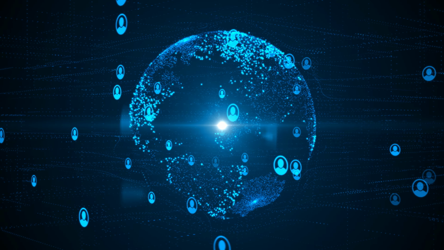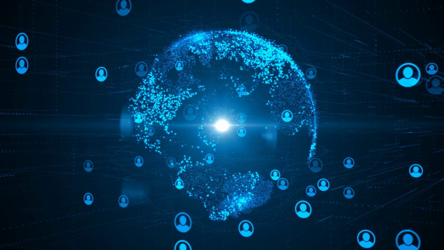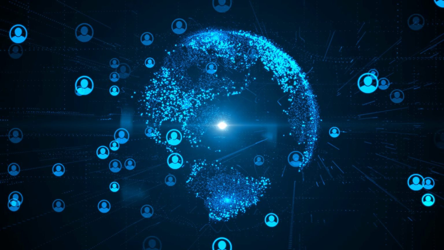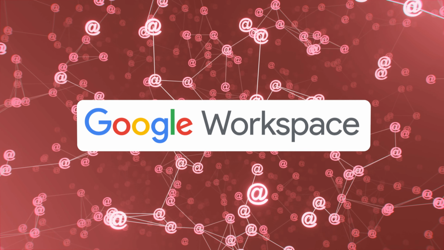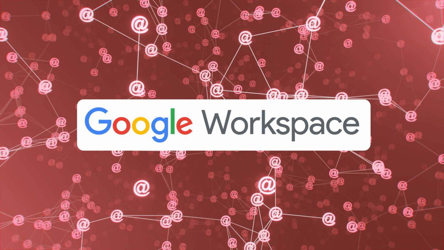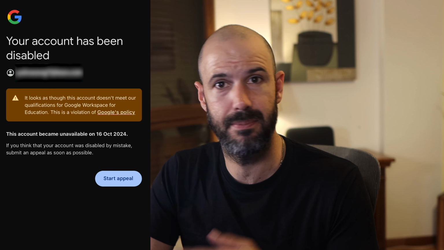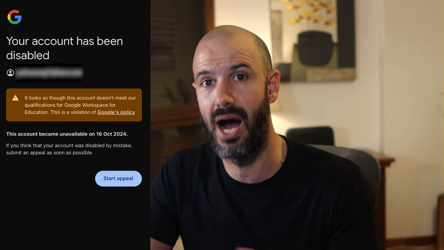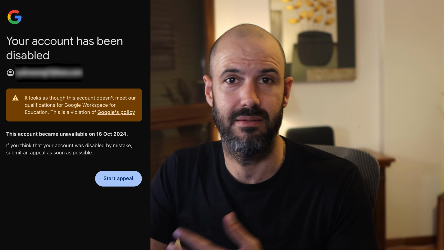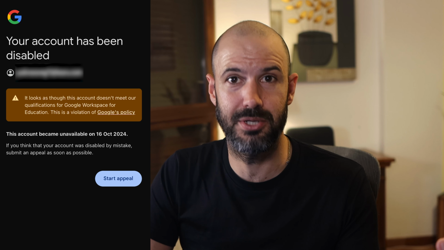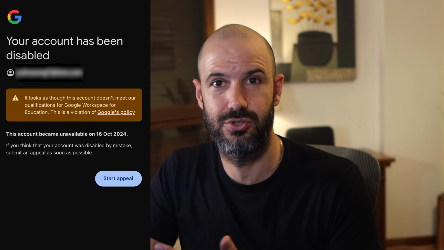These are automated tools. Google has literally tens of millions of mailboxes on Google Workspace. There's 6 million organizations on average that have to be at least 5 to 10 users minimum, because most are small businesses and small organizations in the Google ecosystem. So tens of millions of mailboxes are running Google Workspace. They don't care about you as an individual. If you are an outlier enough in your behavior in the app, they just switch you off, and then it's up to you to argue with them that it was legitimate use